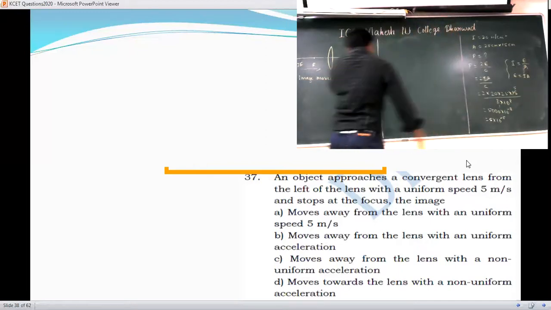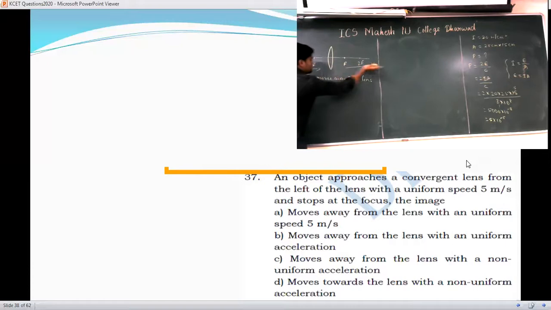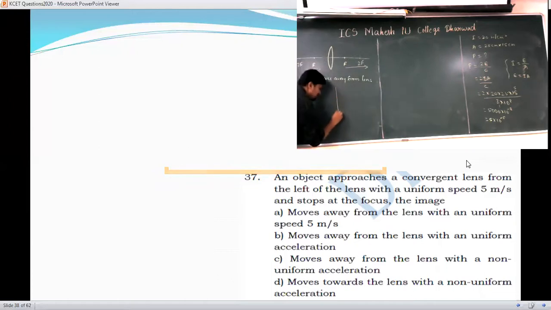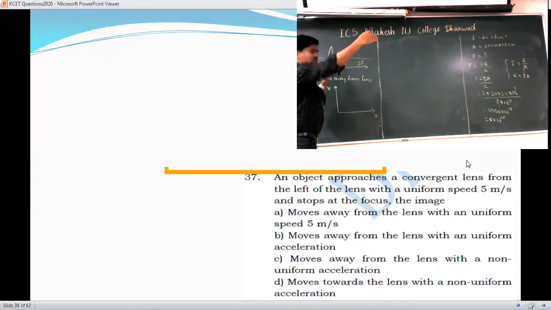This is the image distance and this is the object distance. If we plot the graph between image distance and object distance, suppose this is u, the object distance, and here I take v, what is happening? When the object is coming nearer to the lens, the image is going away from the lens. So according to the theory, what type of graph will you get? We will get an exponential graph here.